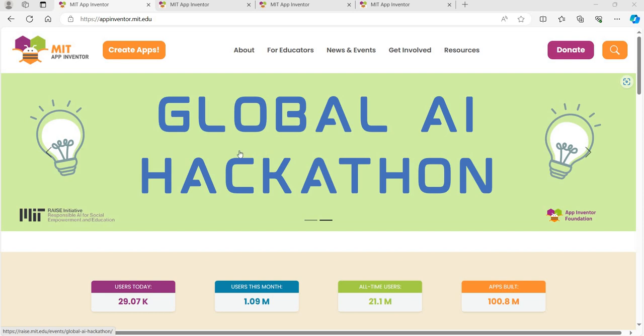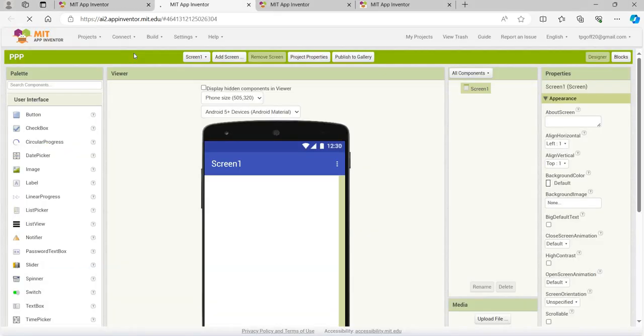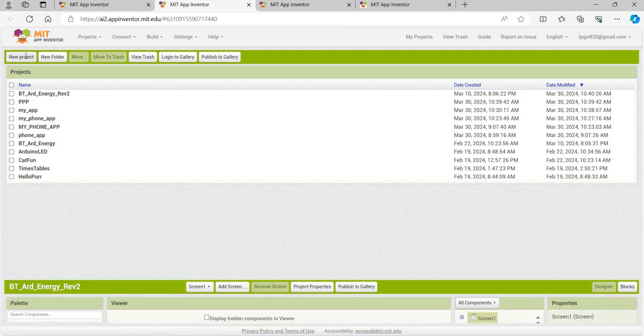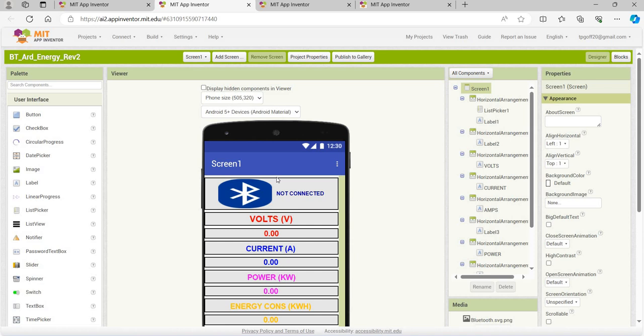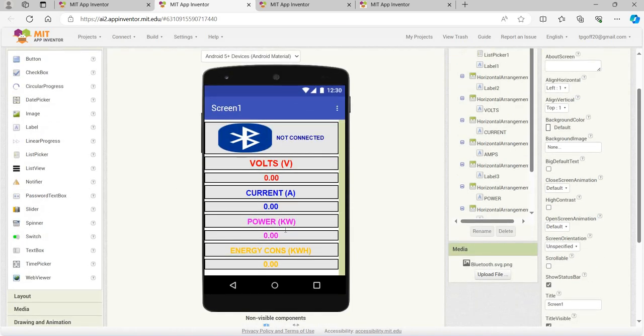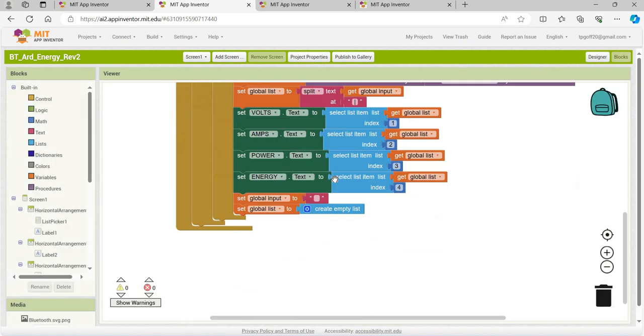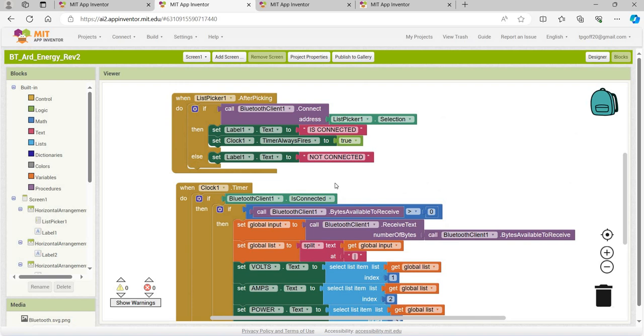So if you just Google or DuckDuckGo MIT App Inventor, create yourself an account and then just click create apps. That will then open up the interface. So that's the project I've just done. This is the user interface in the designer tab, and then in the blocks tab, this is all the logic and what you could almost call code. It's very similar to Scratch, so it's just a drag and drop